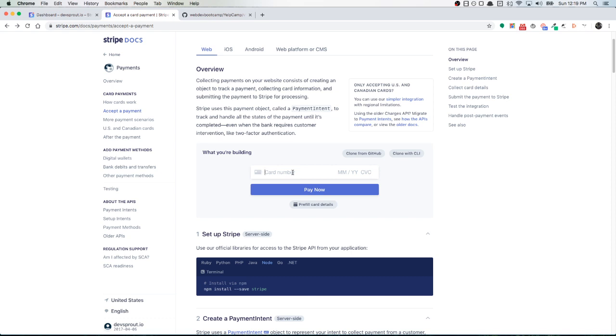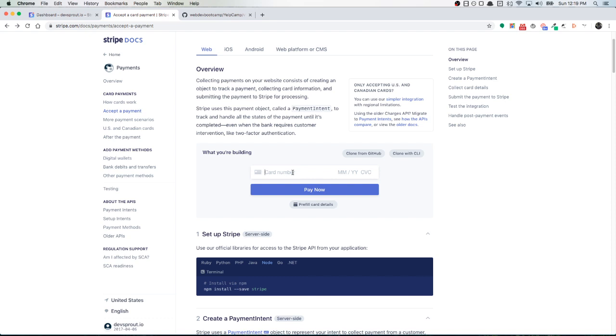It doesn't have anything to do with you or your application, fortunately, but then we get some information back from Stripe that allows us to store whatever we need to store. So we're not going to be storing credit card numbers or any type of sensitive data like that, which you would never want to. You don't want to be liable for any of that. So you let Stripe handle that, and then once the payment has gone through and the money is in your account, you basically get a message that says, hey, it worked or it did not work,